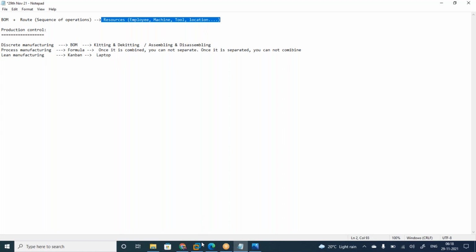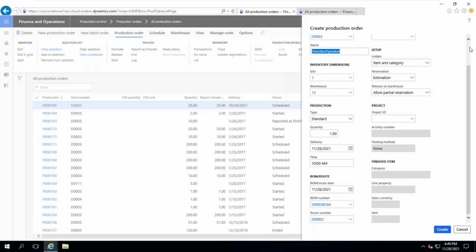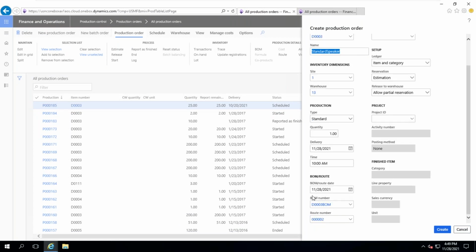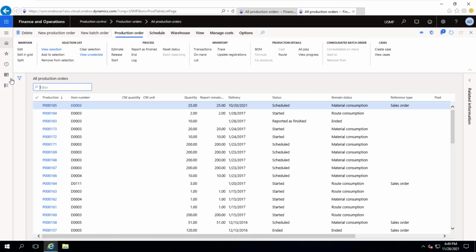So whenever you want to do a production order, the item you are selecting is called finished goods. For that item, whatever the bill of material is configured and the route is configured, it will show you. Okay, so while doing item creation,